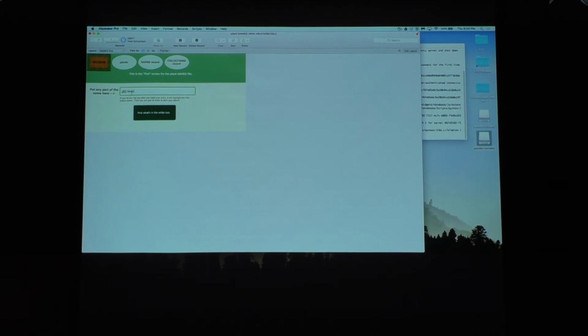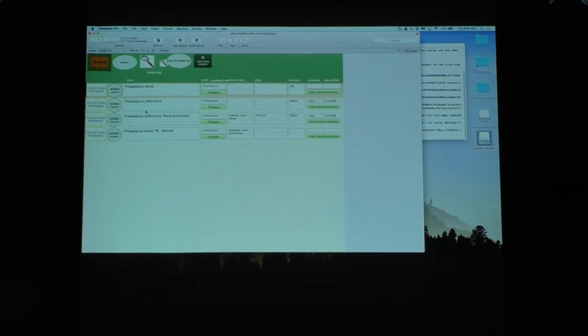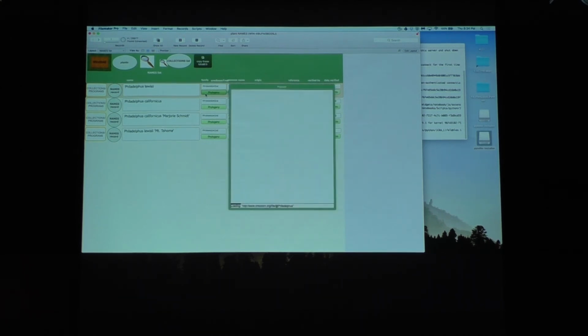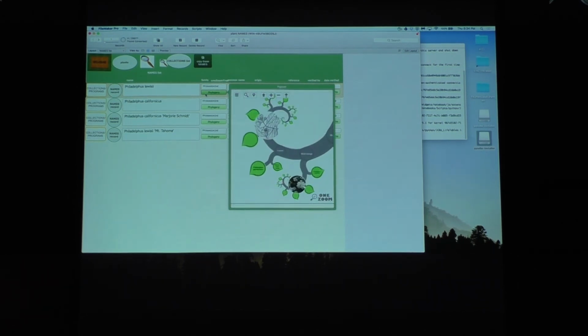It's been some time since I talked about that species. I haven't actually gone back and asked myself, is that still a correct species name? So I can just click the button. It gives me all the examples we have of that species in our names record. I can look at how Philadelphus is related to everything by just clicking this link that takes me to a different database portal, and it shows me where Philadelphus is in relation to the rest of the tree of life.